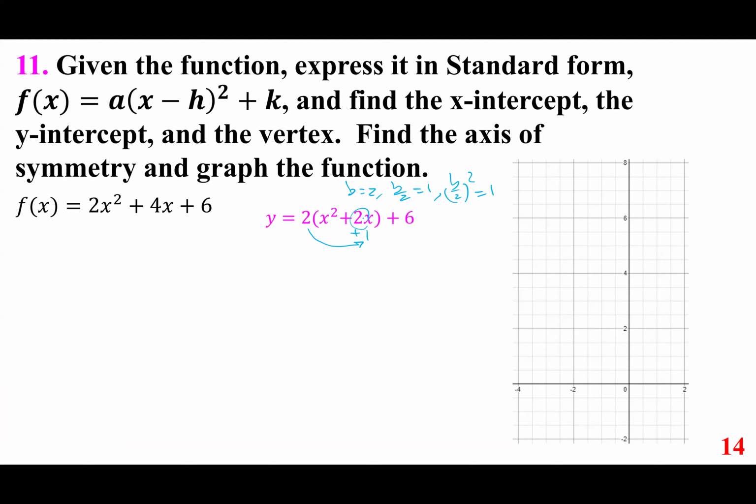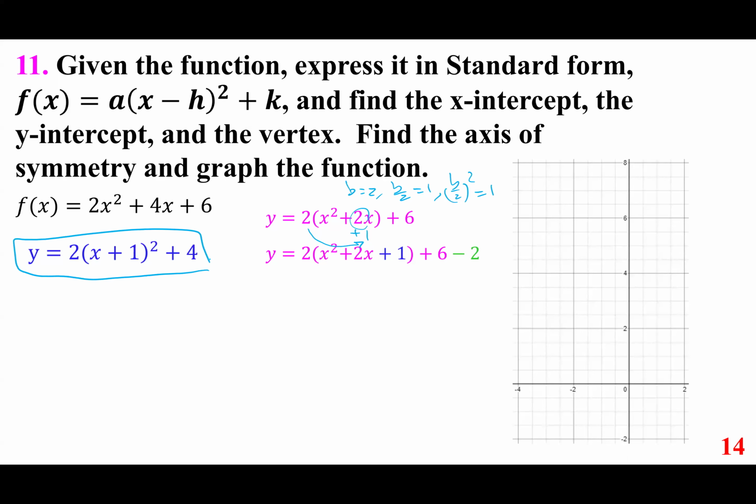So either I add 2 to the other side or I subtract 2 from the same side. It means the same. And it becomes 2 times x plus 1 quantity squared plus 4. Clearly, this gives us the vertex at negative 1, 4. So 1 to the left, 4 up,